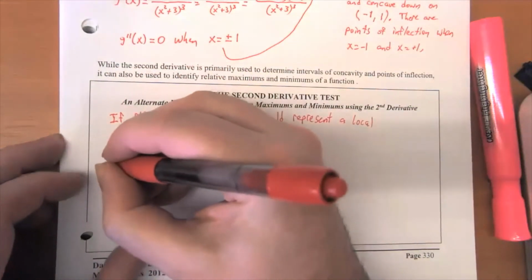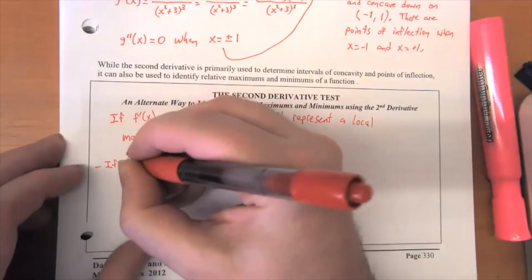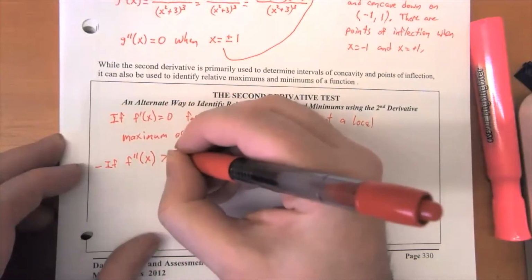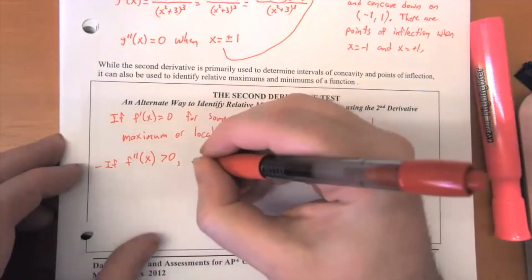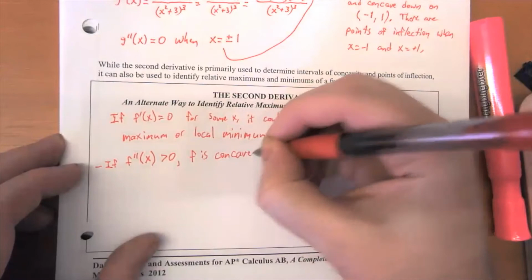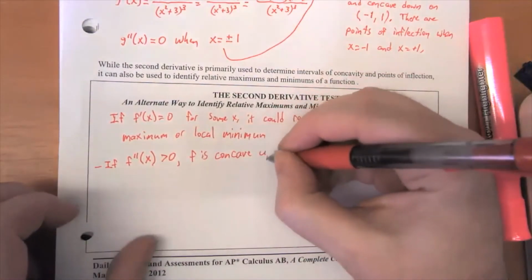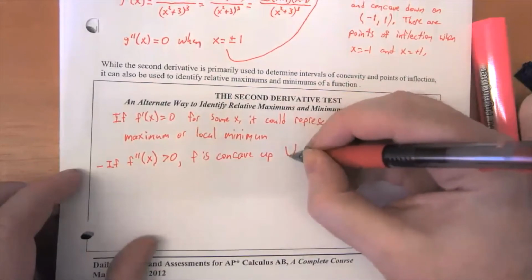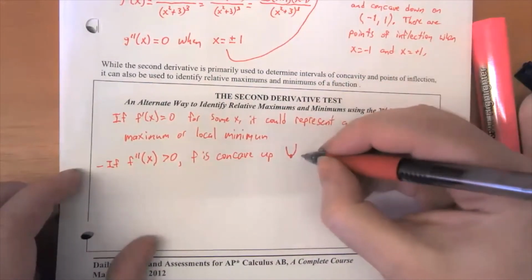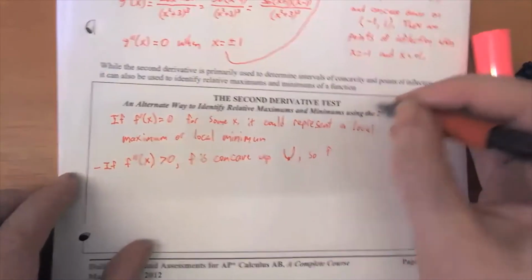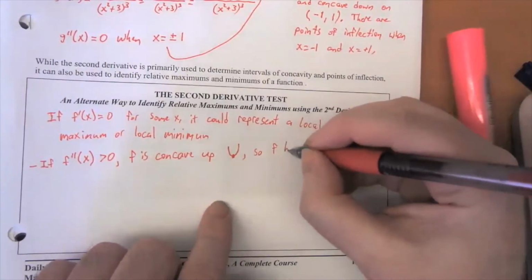So if the second derivative of a function at x is greater than 0, f is, it's positive, so it's concave up. Let's take a look at what that means. A concave up function looks like that. So f is going to have a local minimum